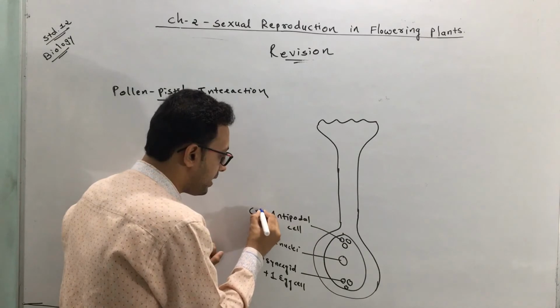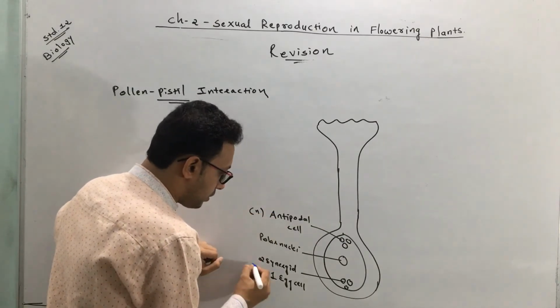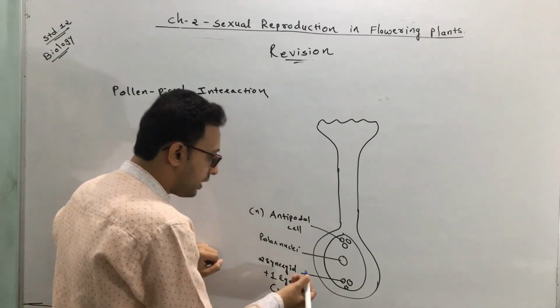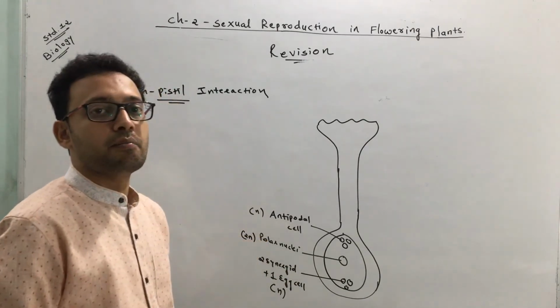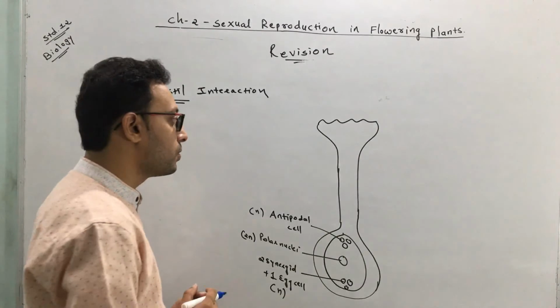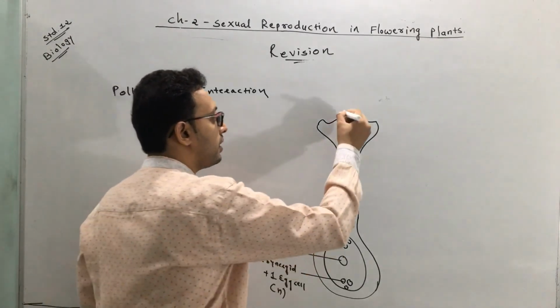These are all haploid antipodal cells. The two synergid cells and one egg cell are all haploid, and this polar nucleus is diploid because it is made by the fusion of two nuclei. Okay, N and N. Once the pollen grain falls on it,